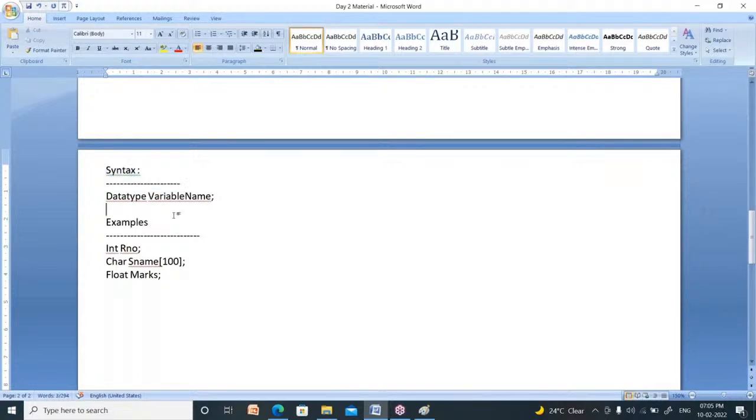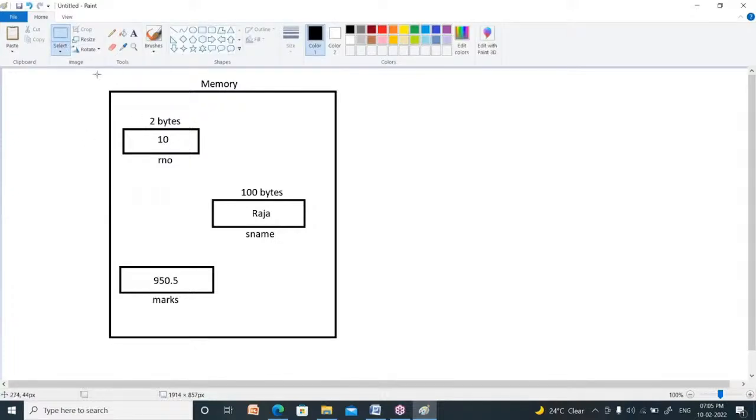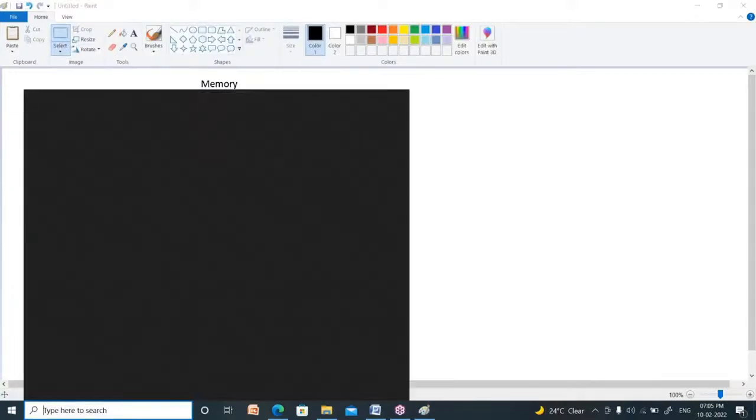It is the syntax. How to create a variable? By using data type as well as by using variable name. By representing these two, you can create a variable. These three are the examples. Whenever you write these 3 lines of code, you can create 3 variables inside the memory like this.